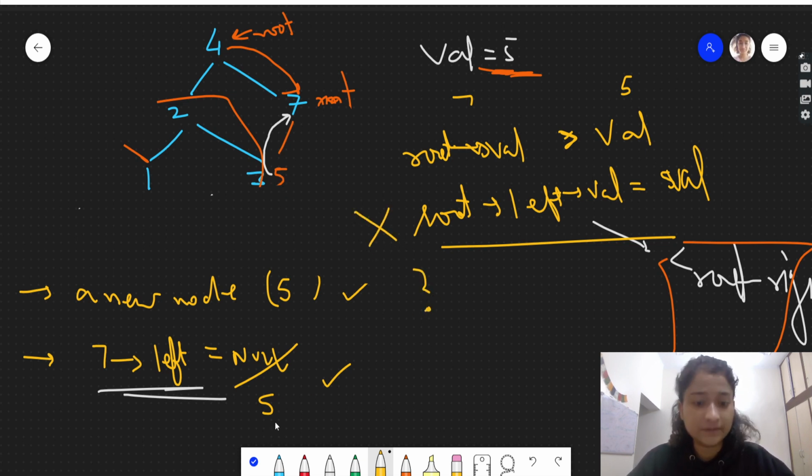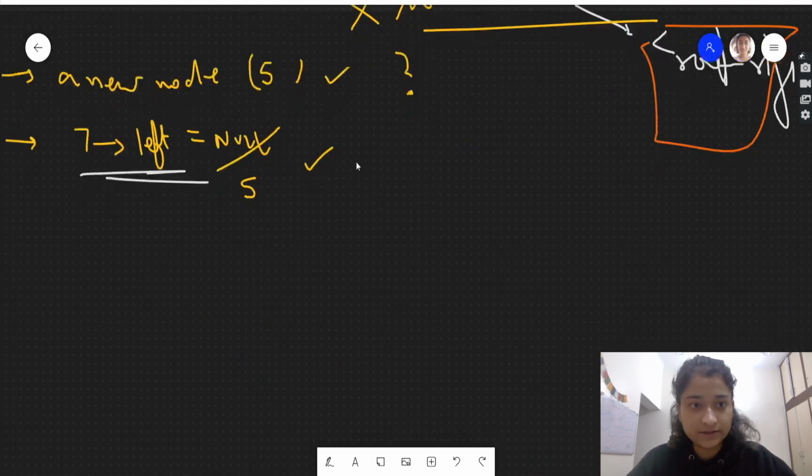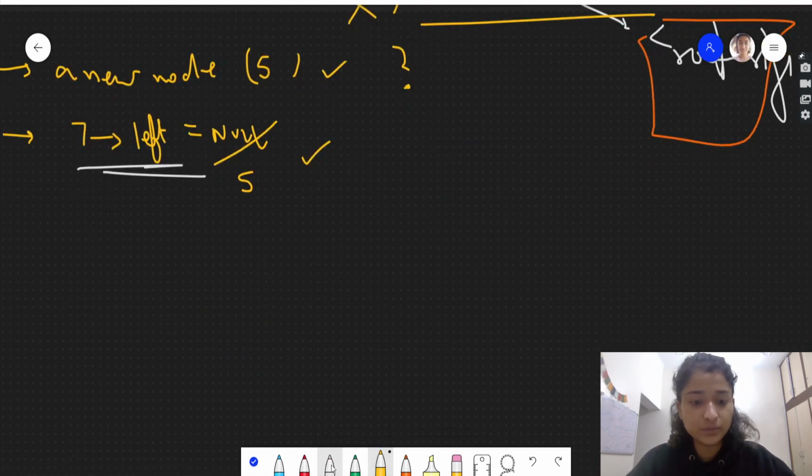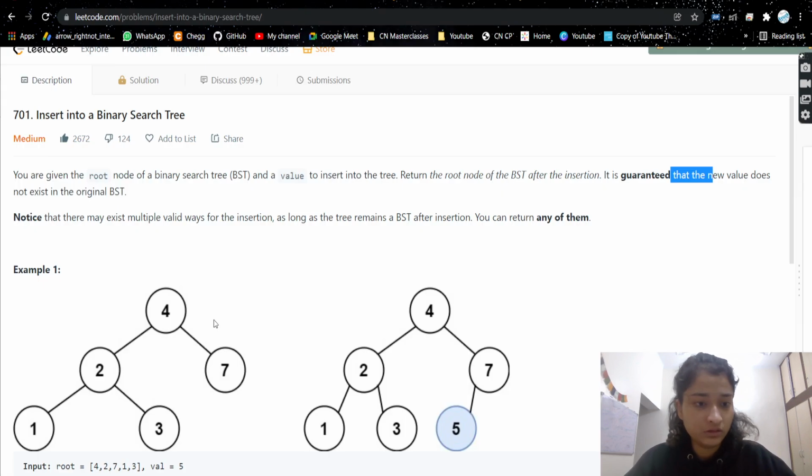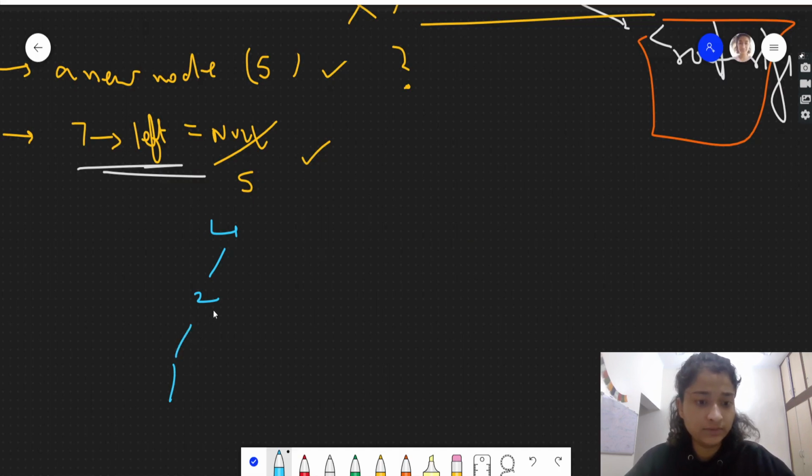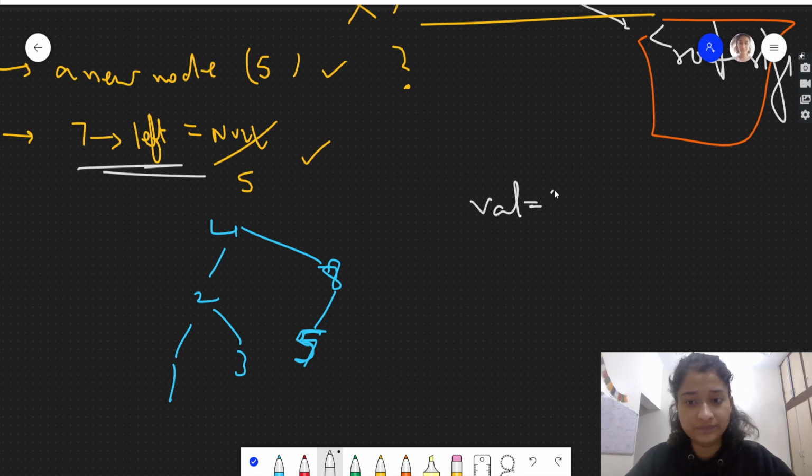Why? Let's see. Suppose we have this test case, 4, 2, 1, 3, then we have 7, and then over here let's say we have 8, or let's say we have 5 here, and the value which we need to insert is 7.